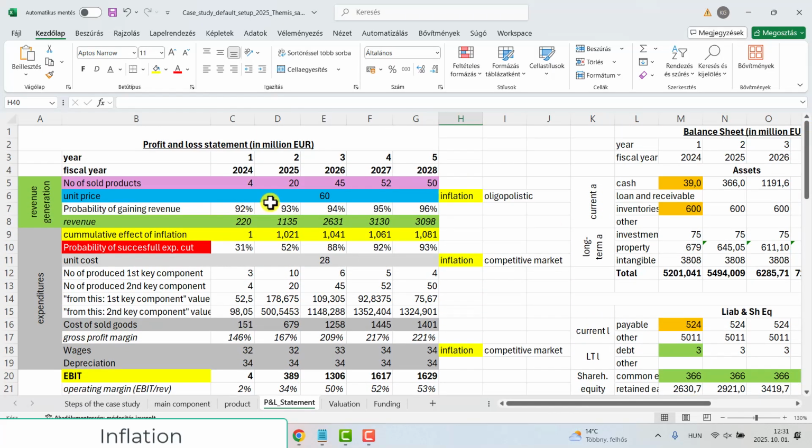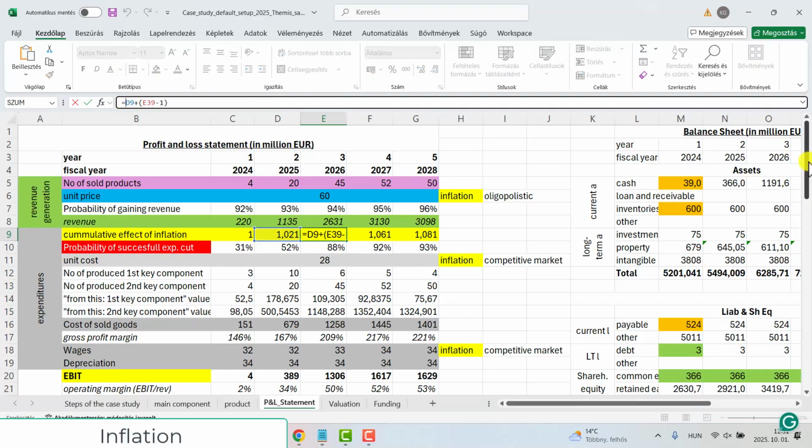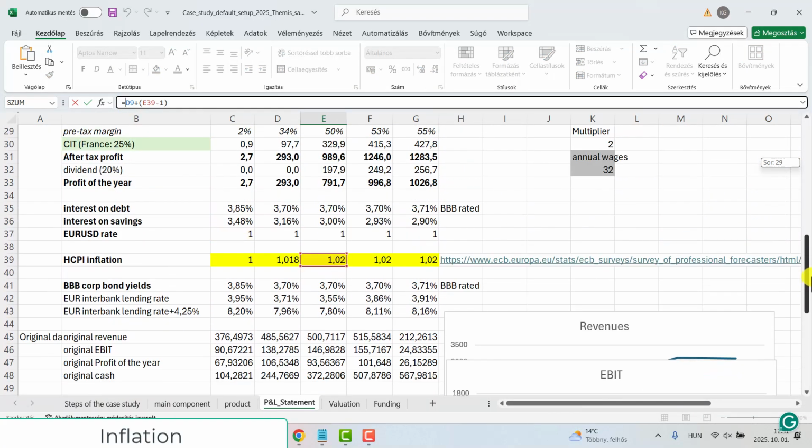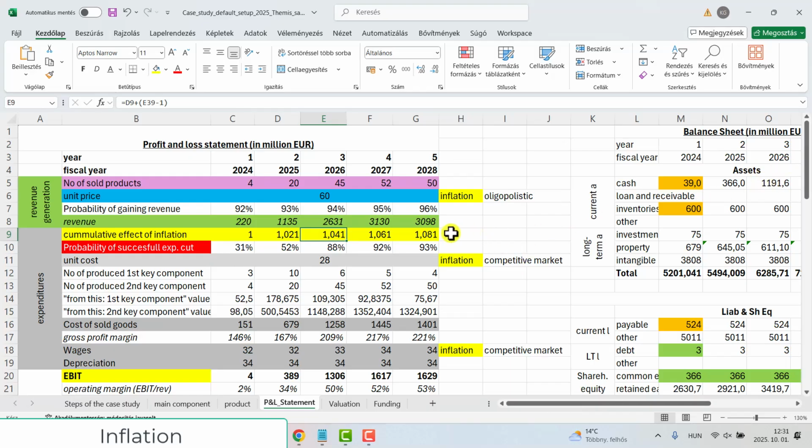Okay, this data is coming from the wrong place. So, because after that this 9